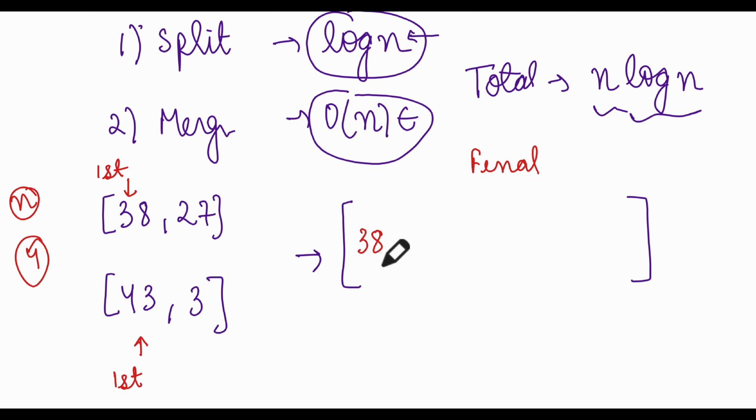Okay. Now, before this, this number needed to be sorted. I'm sorry, so this cannot be 38, 27. This number needed to be sorted first of all. So let's say this was 27, 38, and this is 3 and 43. Okay, this number needs to be sorted first, 3 and 43. So how do we achieve that? For example,